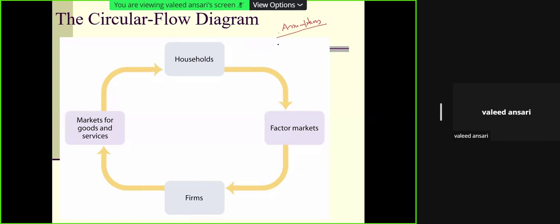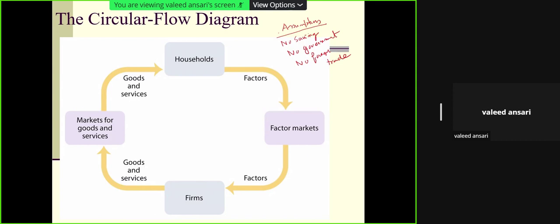So let us assume that in this economy there are two sectors and there is no saving. In this economy there is no government, and there is no foreign trade. We will do away with these conditions one by one. So a firm is an entity which uses the services of household to transform input into output, or a business organization.